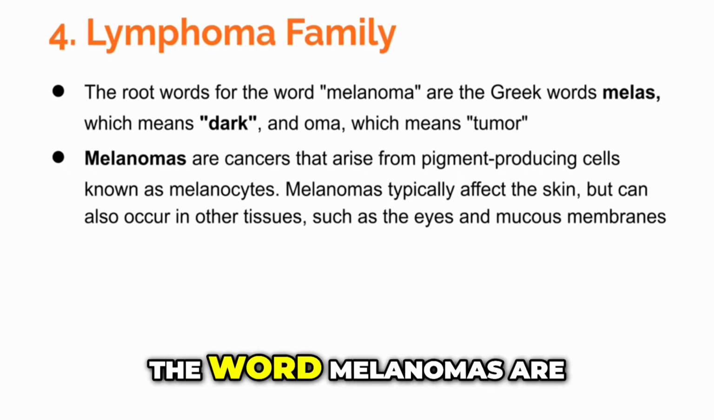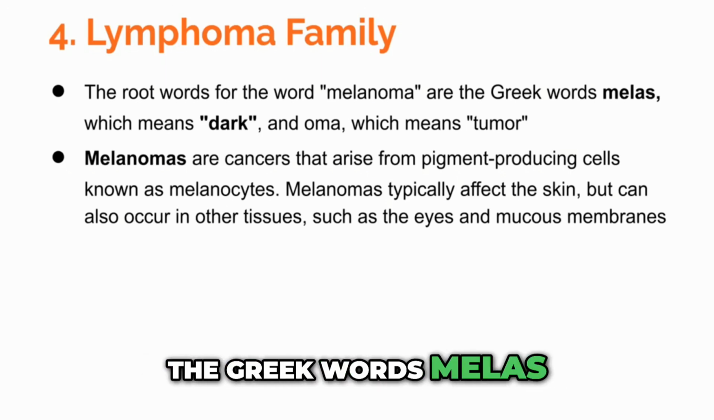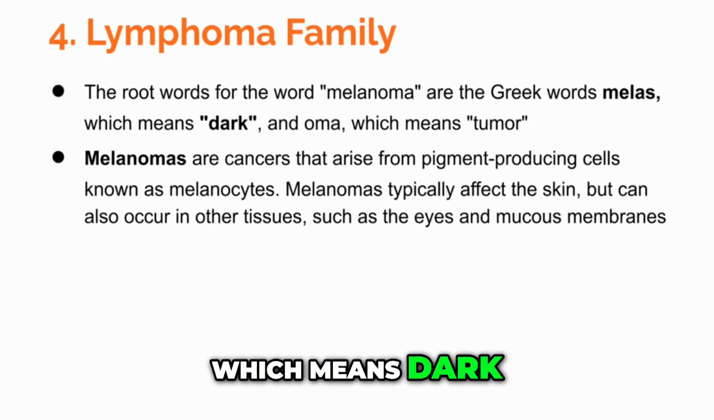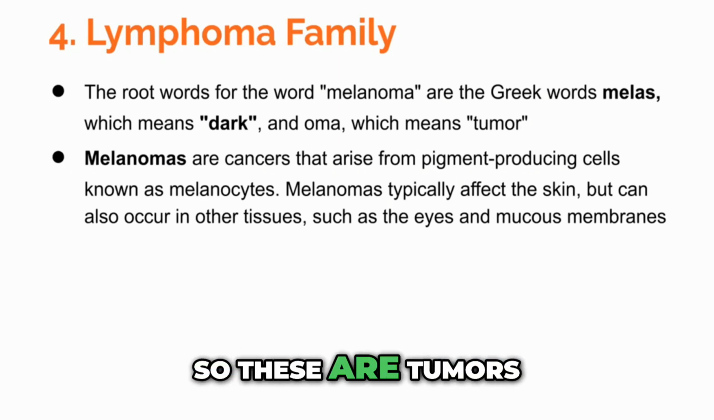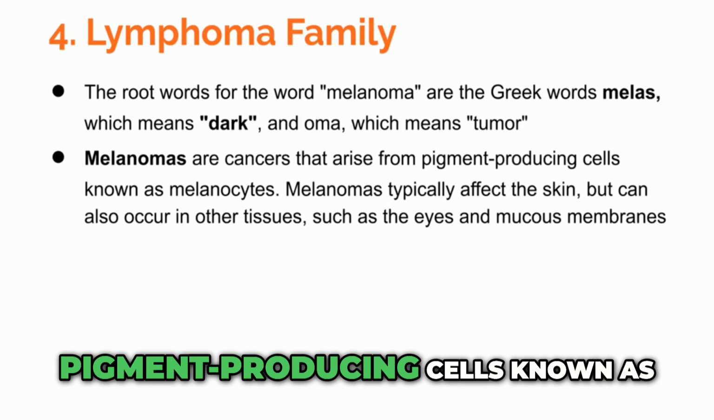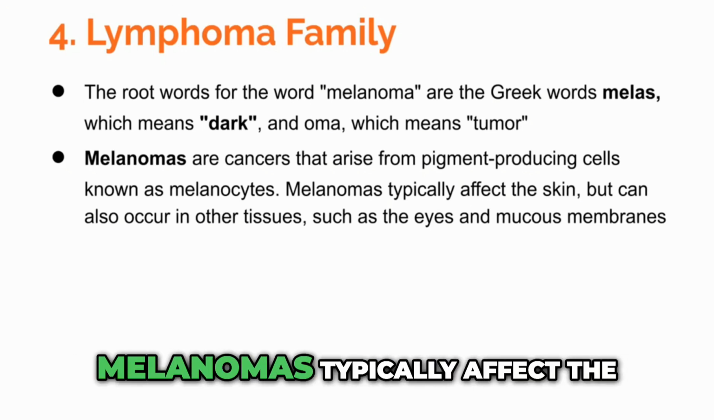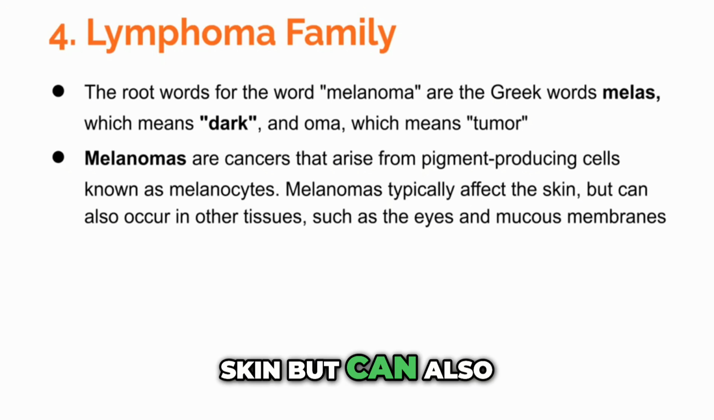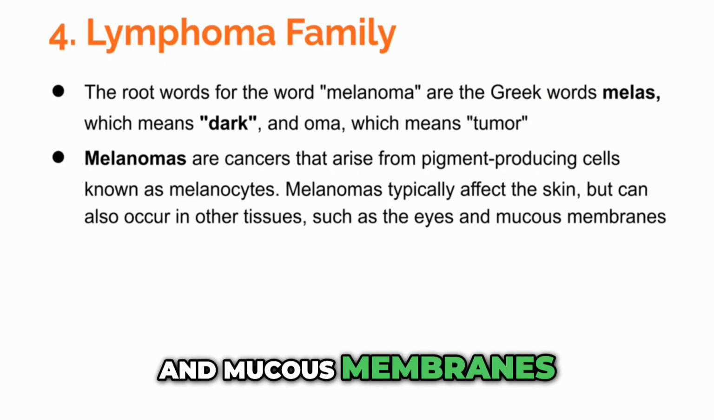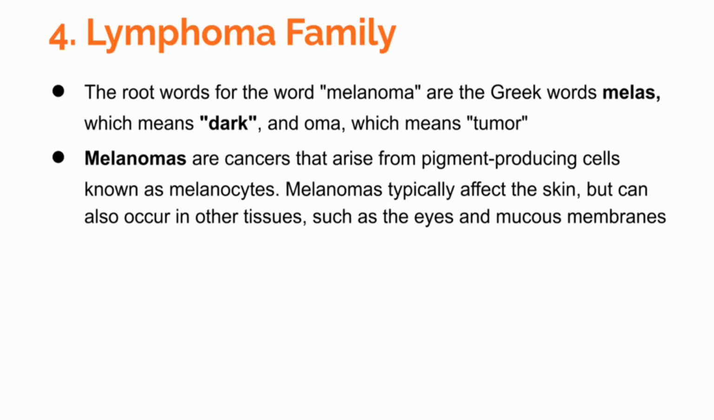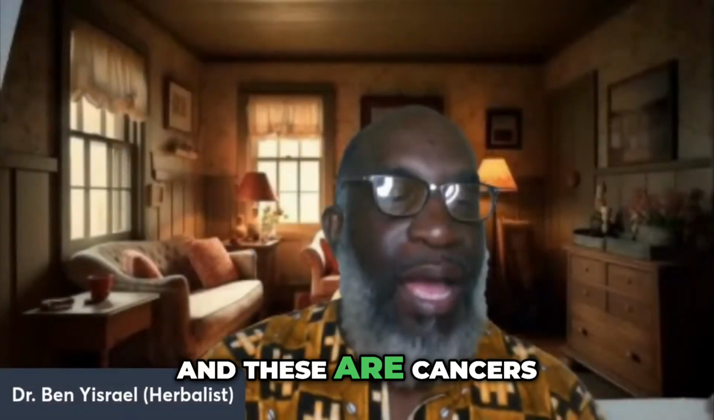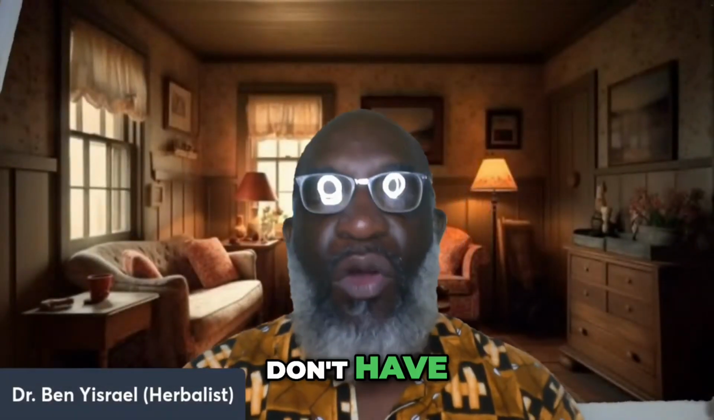The root words for the word melanoma are the Greek words melas, which means dark, and oma, which means tumor. So these are tumors, cancers that arise from pigment-producing cells known as melanocytes. Melanomas typically affect the skin, but can also occur in other tissues such as the eyes and mucous membranes. And these are cancers that affect persons who don't have